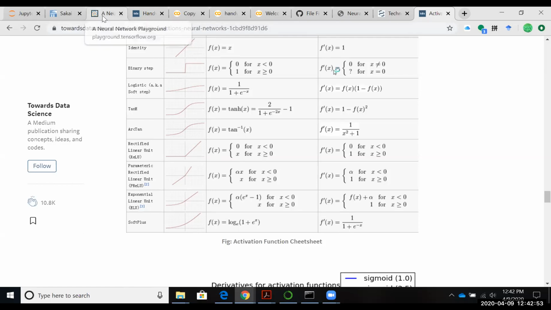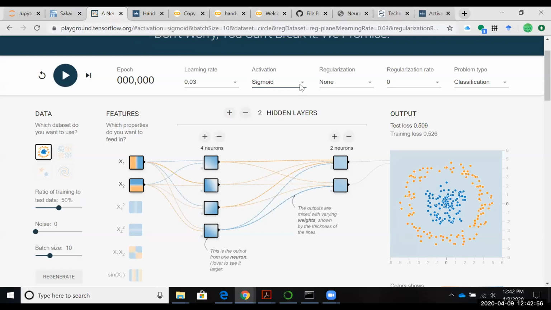Now I go back to my playground. Let's stick with sigmoid for a moment at the beginning. Let's not bother with regularization at the moment; this is something we haven't talked about. So we leave regularization as none, the regularization rate as 0, and the problem type as classification. Now, as I set it up at the moment, it's 2 input neurons, 1 intermediate layer of 4, and 2 output neurons. Okay, so if I run it,